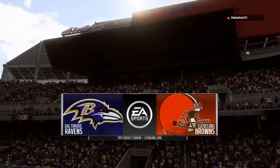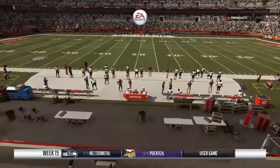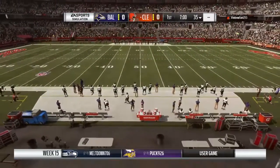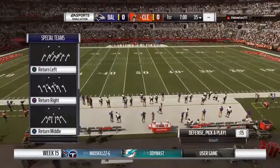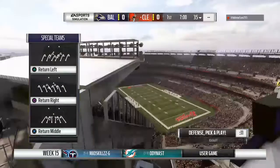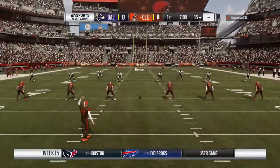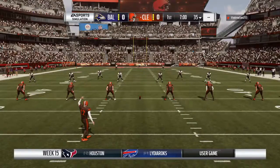Pro Hall of Fame as we get set for football at First Energy Stadium in Cleveland, Ohio. The scene a few moments ago, here it is. It's unlike any other in sport as both teams made their way out of the tunnel. These folks are fired up as their guys are ready to do battle between the Baltimore Ravens and the Cleveland